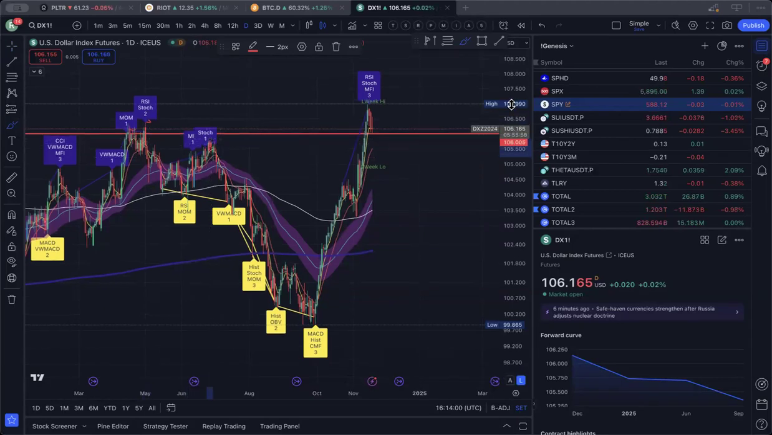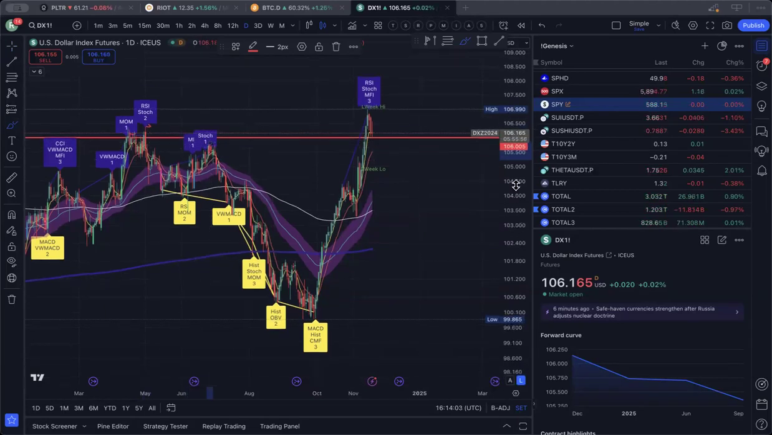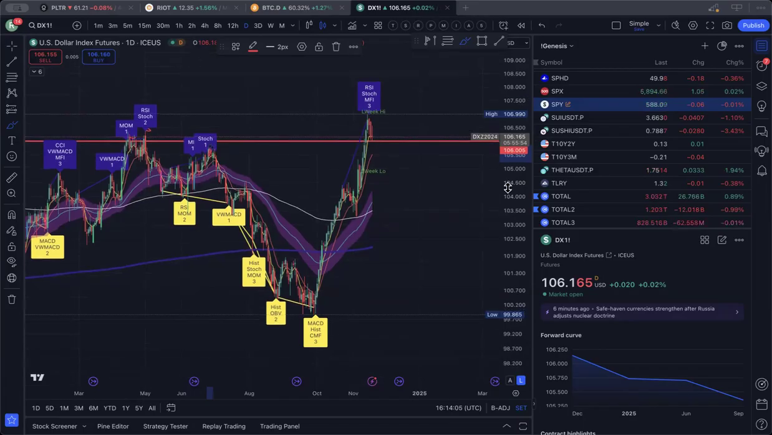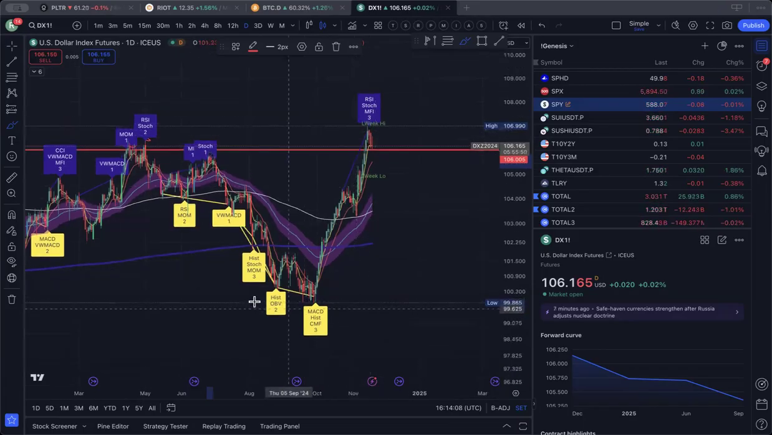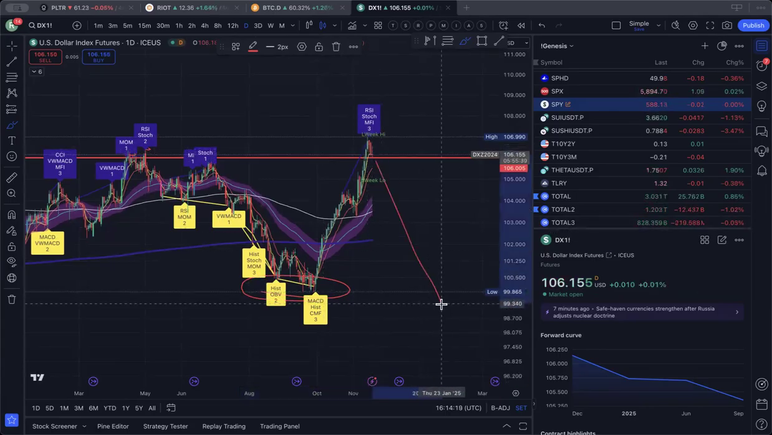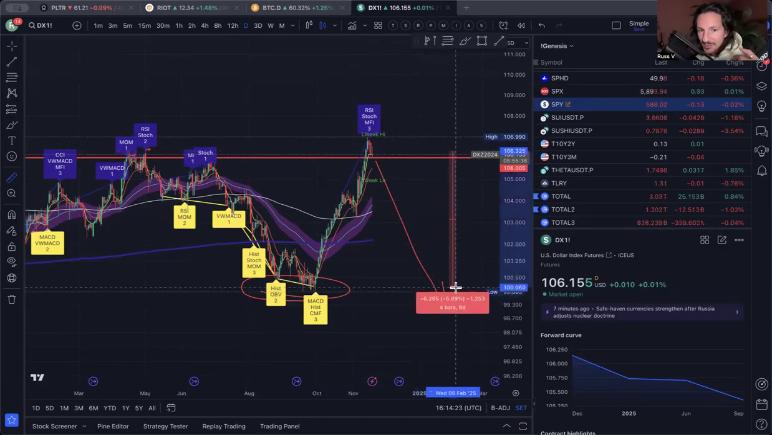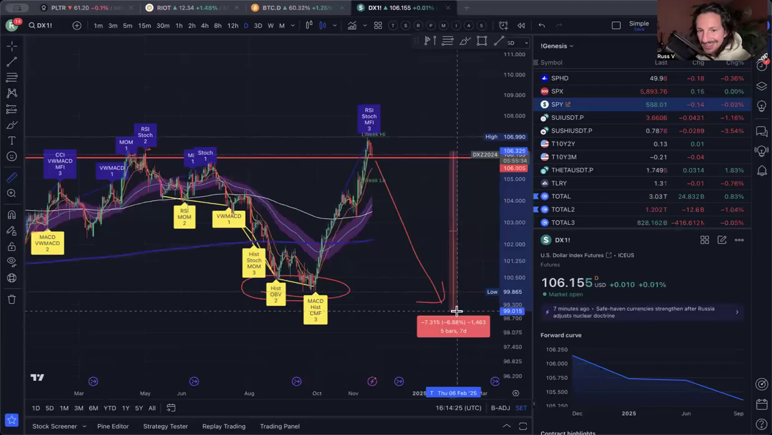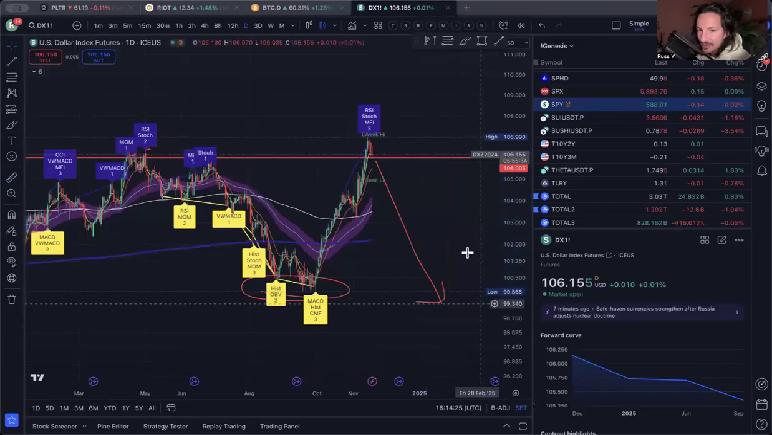And if you're curious about my targets, if we are due for a correction here, those targets, and this is very, very good for our risk on assets, are way below this 99.8 level. So this is actually giving us a very nice move here. I would say in terms of percentage points, we can expect at least 6 to 8% on the move down